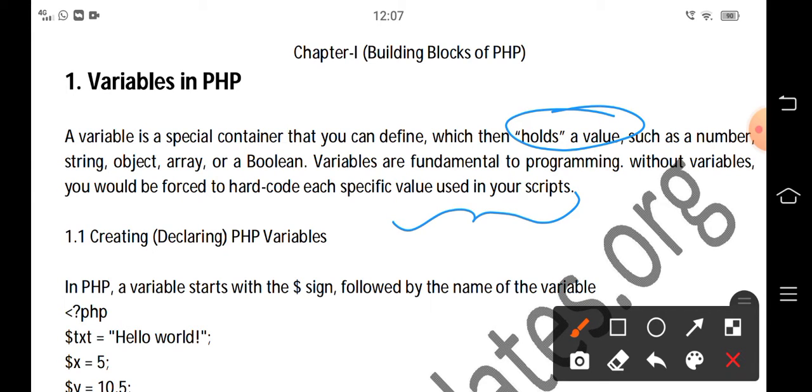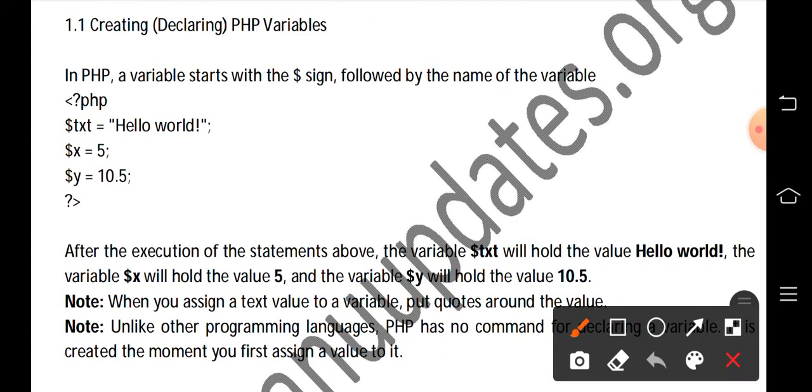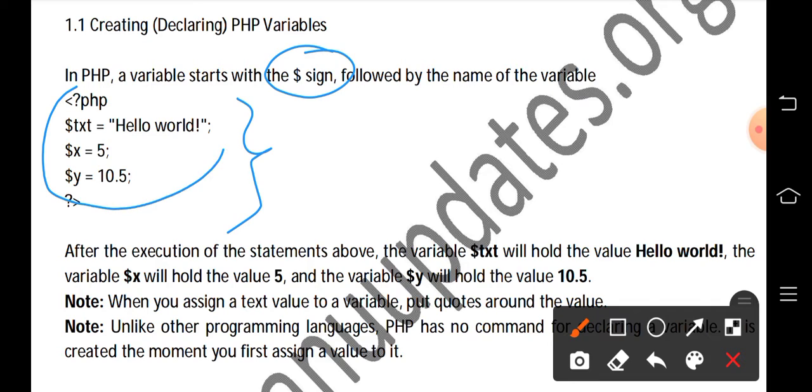Then how do we declare variables in PHP? The declaration of a variable will start with a dollar sign. Here you can observe three variables in this particular code. One variable is txt, the second variable is x, and the third variable is y.